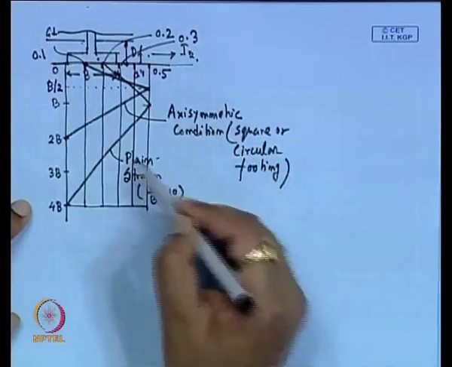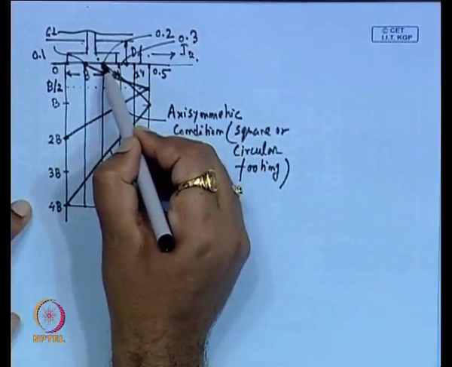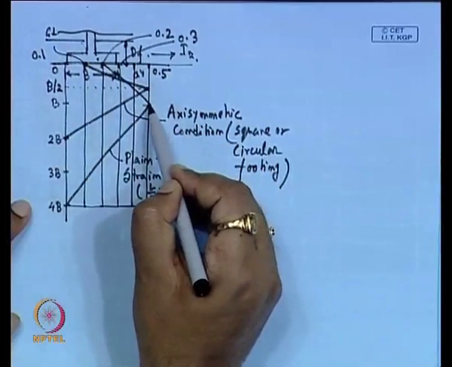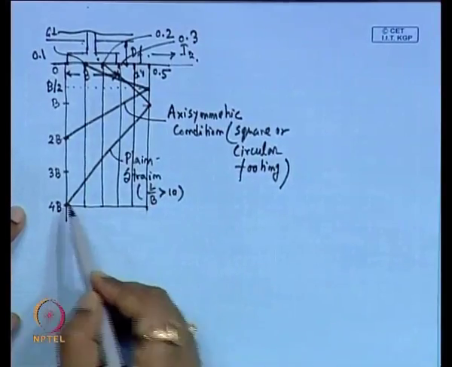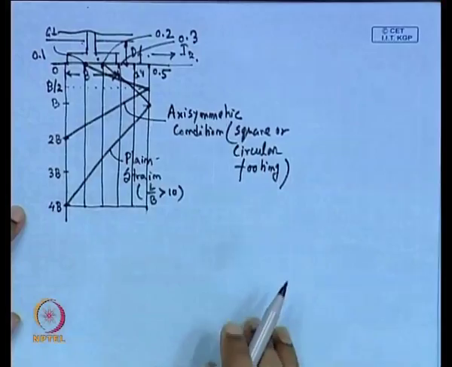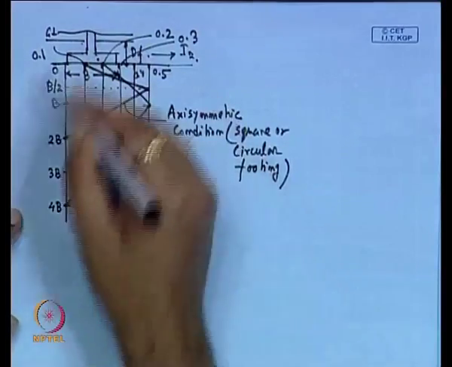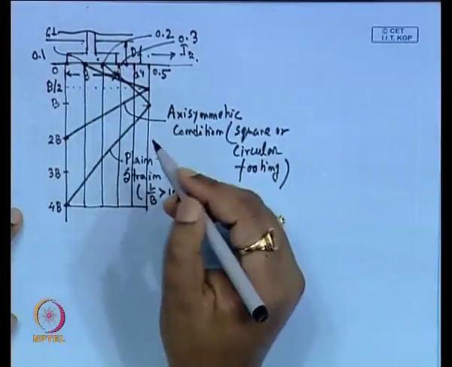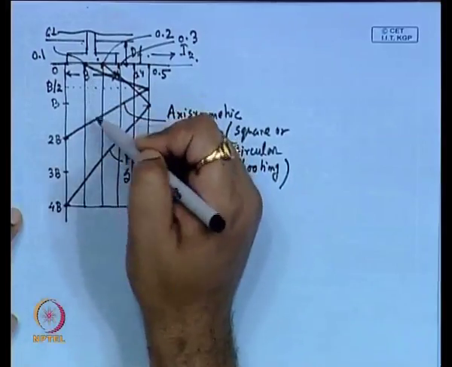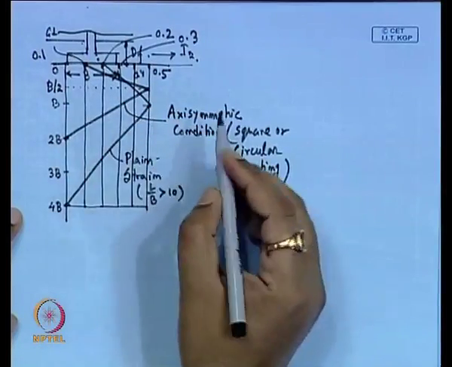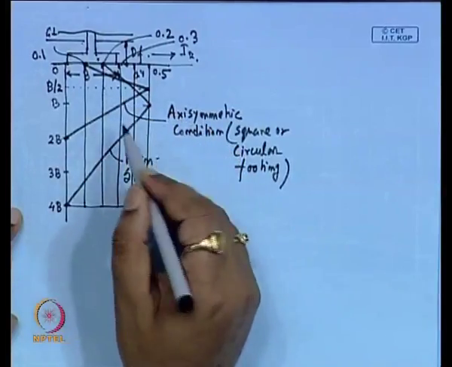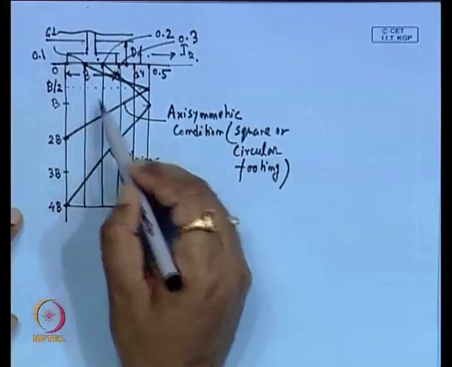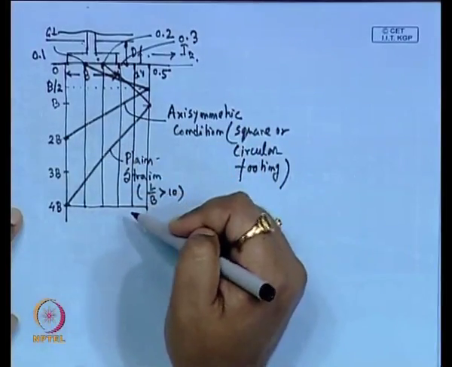And then for the plane strain condition, this graph will start from point 2, then at B, this is maximum, then it will go up to 4B. So, this is plane strain condition, this is the axisymmetric condition. Now from this graph we will get the I z value, because you have to consider the center point of each soil layer, then at that point what will be the I z that you have to determine.